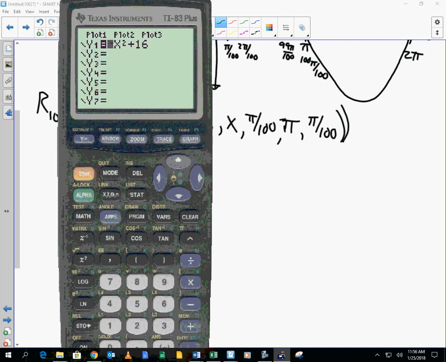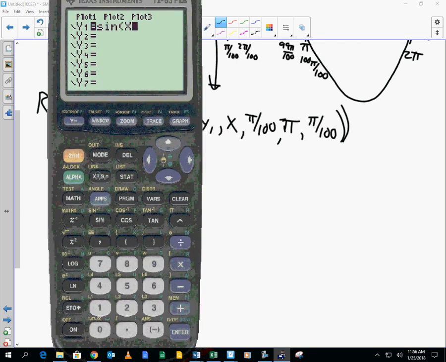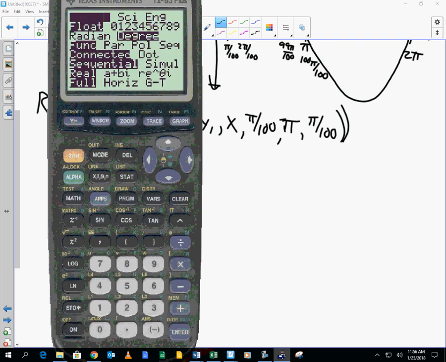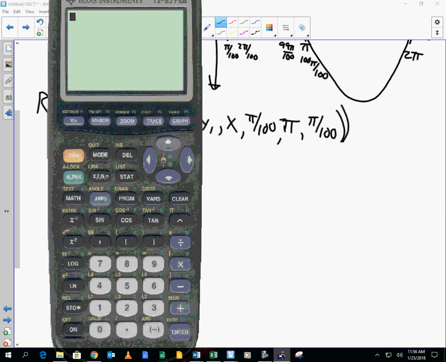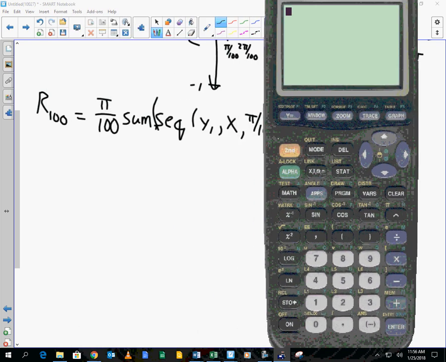All right, we go into y equals, and do you know what you put into y equals? Anybody want to guess? Sine of x. And please make sure you're working in radians, not degrees. I would have ended up with a big issue there. Okay, so I got sine of x in there, and now I type in exactly what I have here, which is pi over 100